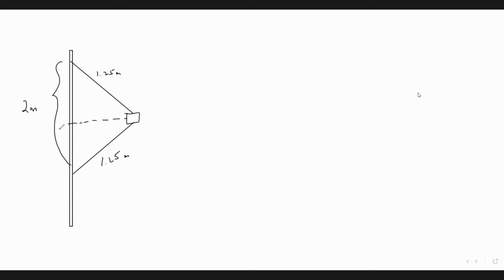in which case we can define, let's say this angle here is theta. This distance here we're going to call r. So cosine of theta is equal to 1 over 1.25. So that tells me what theta is. And I know what r is because I know